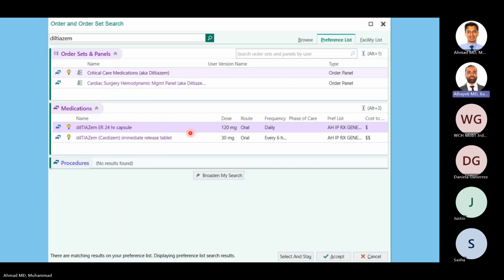The next thing here is I want to order the diltiazem, okay? If you want to order diltiazem, you want to order amiodarone, you type in the names of the medications and you'll get this type of order set up here. It's called critical care medications, okay? This will have diltiazem, it'll also have amiodarone, it'll have other medications in it as well. So you go ahead, you click on that,